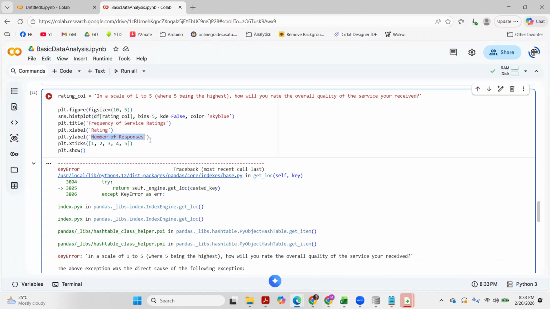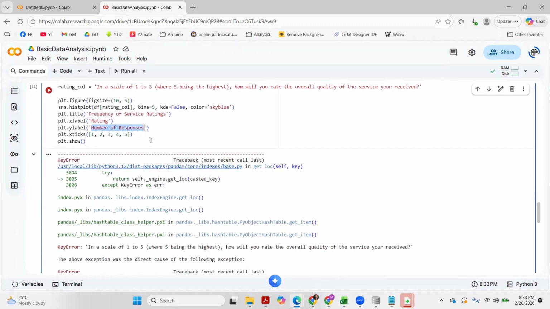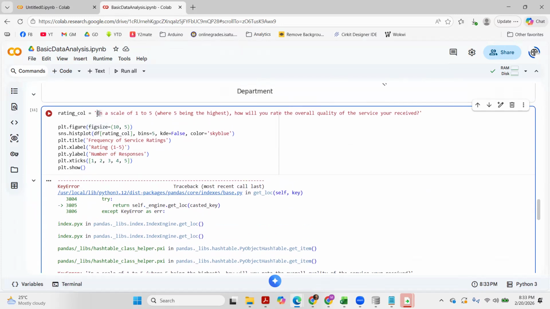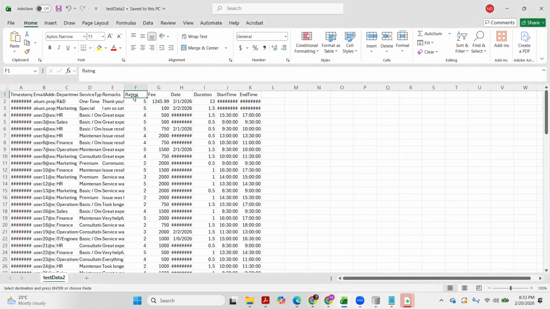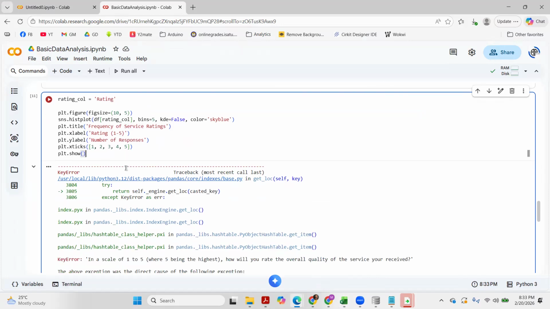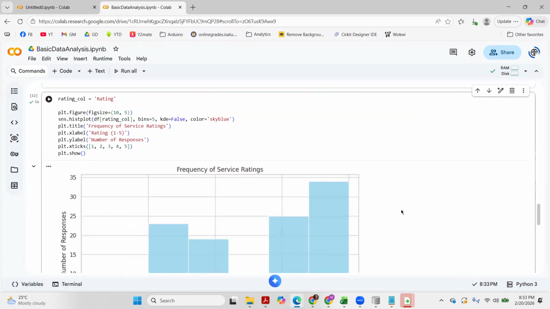Oh, it's just a label, so I don't think we need to change that. This one, the column. I changed this column into just rating. I renamed the columns to shorten them. And let's see. All right, now it works.